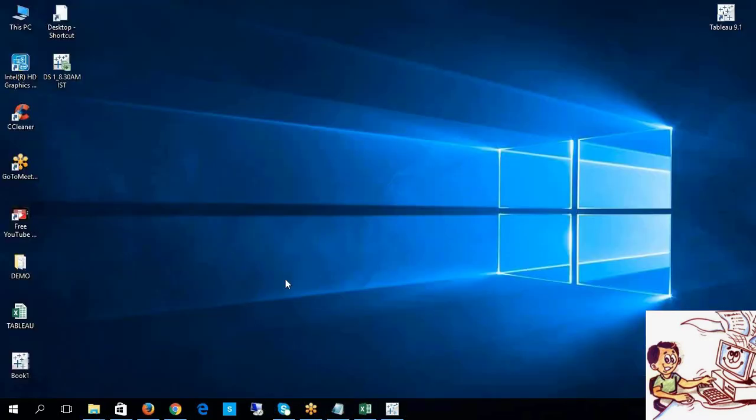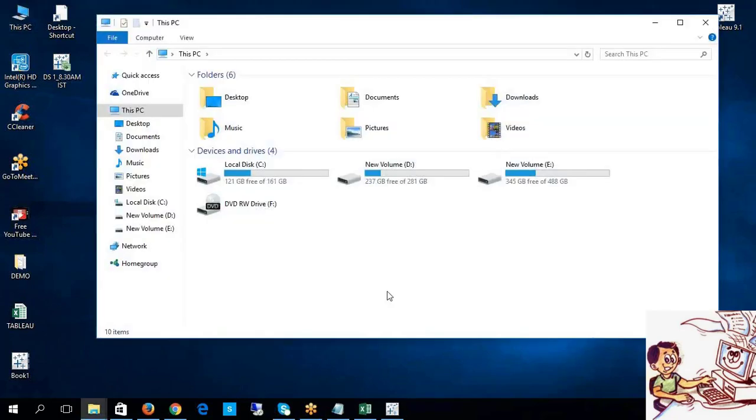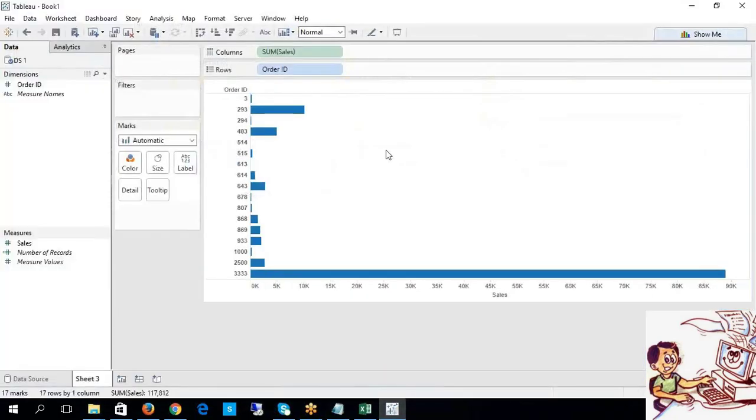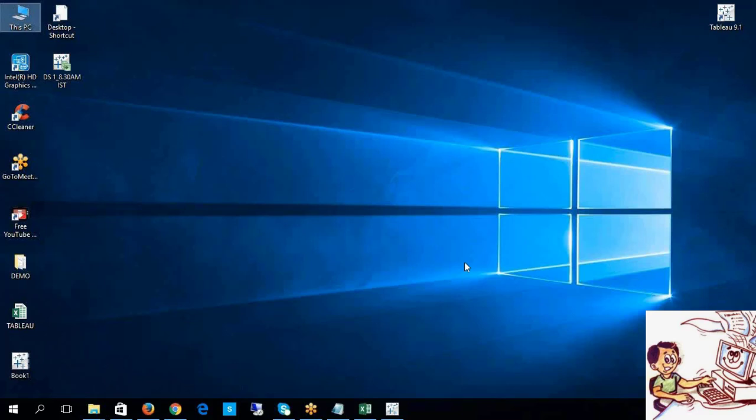DS1? Okay. Now I'm not going to delete my source data. If you delete your source data, it is going to impact your report, right? Because at this moment I have a live connection. So whenever you have a live connection, you are not supposed to delete the source file. Why should I delete my source file? Never. But what I'm trying to say is, you can delete the TDE file by mistake.